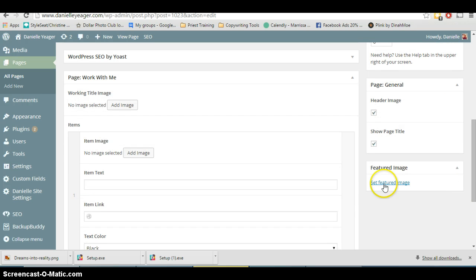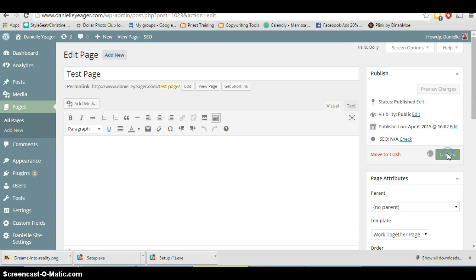The other feature of creating a new page that I wanted you to see was being able to remove the header image like we talked about. You would click this, and then also being able to remove the page title. Let's say we create a banner together that's a page title that you want to hide because you have a cool banner that you wanted to share on the page, like we do it on the testimonials page. So you would uncheck the show page title. So now when we go ahead and hit update here,